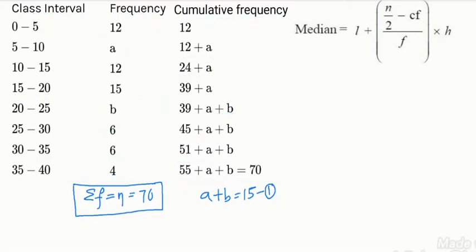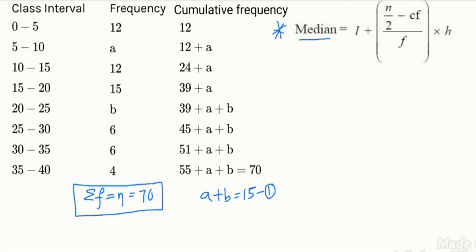Now for finding the median of grouped data, you should know the formula. Here I attached the formula for you, a very important formula. Median is equal to L plus (n by 2 minus CF) by F into H. Each letter's significance and importance, everything I will tell you. What is L, what is N, what is CF, what is F, what is H, everything I will tell you. So please note down carefully.